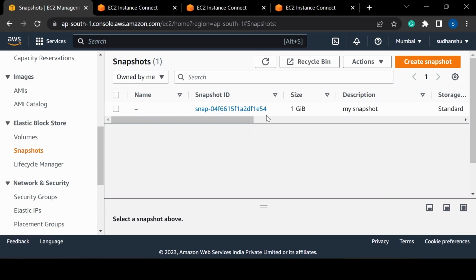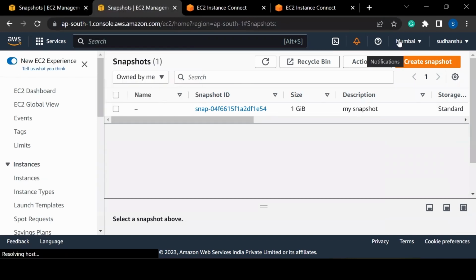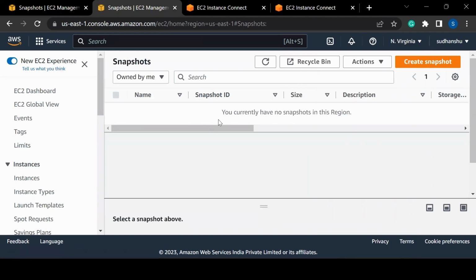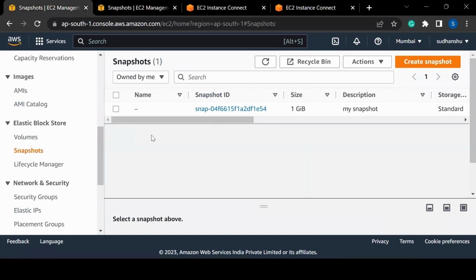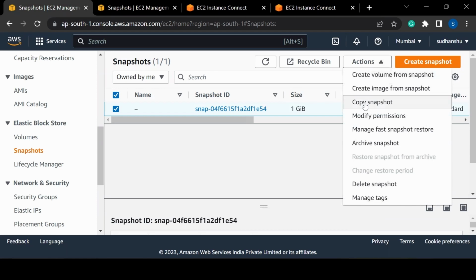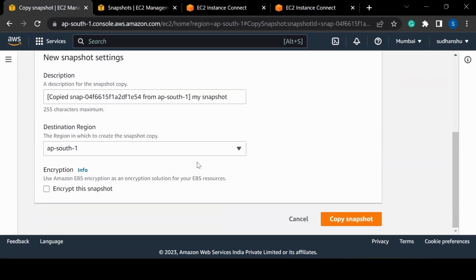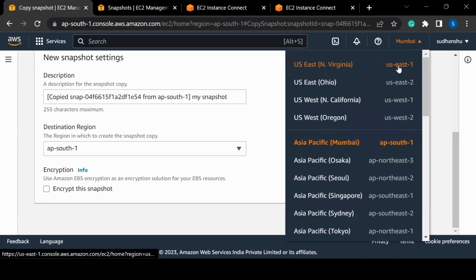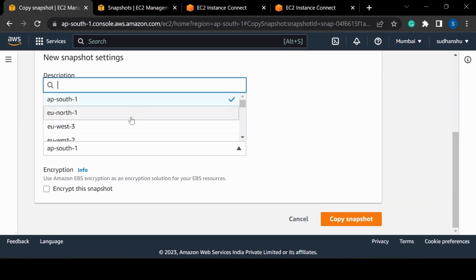In parallel, let me go to the North Virginia region also. Let me open the same page in North Virginia. Let me change the region from Mumbai to North Virginia. You will see we don't have any snapshot in North Virginia because we created the snapshot in the Mumbai region. But since we have created a snapshot there, we can transfer this snapshot. For that, I click on Actions, then click on copy snapshot, and here I can mention the destination region where I want to copy my snapshot. The destination region is North Virginia, which is US East 1. So here I will select US East 1,